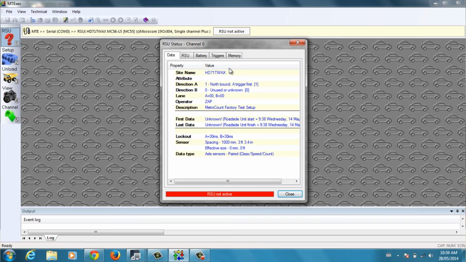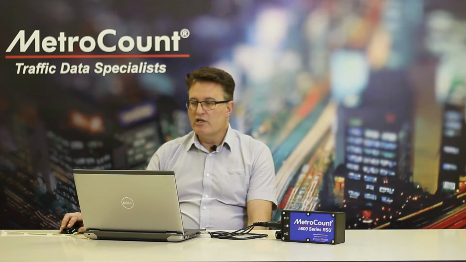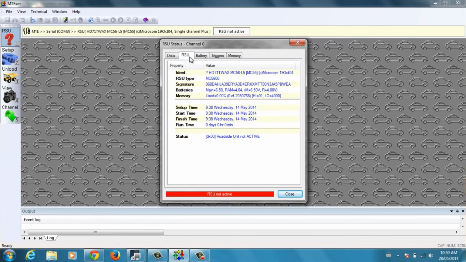The site name, HD71TWAX, is the serial number. Attribute hasn't been filled out. The rest of the information is default values such as operator, ZAP, factory test, setup. So what we now need to do is verify that this logger can be used for the next survey. RSU tab,